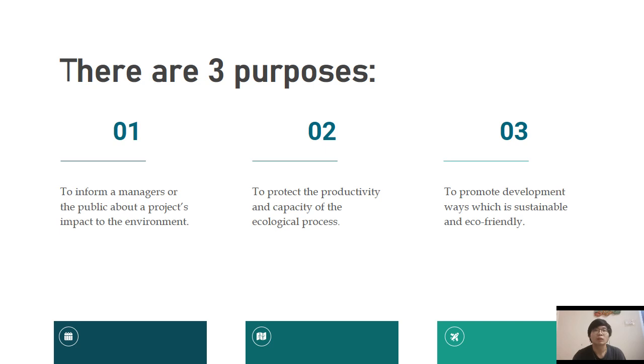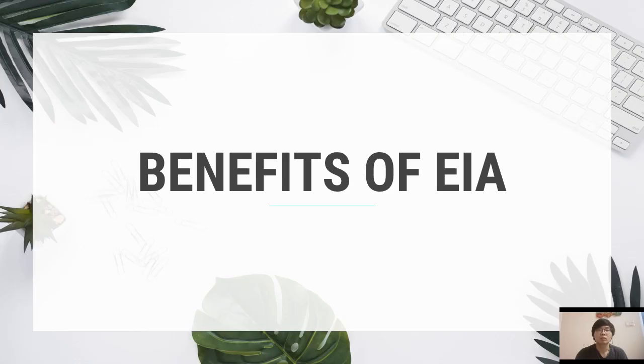In these few years, EIA has played an important role in protecting the surrounding environment of the project area. Because the EIA certification must ensure the environmental impact at the project area is minimized. So, the project management must ensure the project can be carried out, while also ensuring the surrounding environment is not seriously affected. Next will be the benefits of EIA.